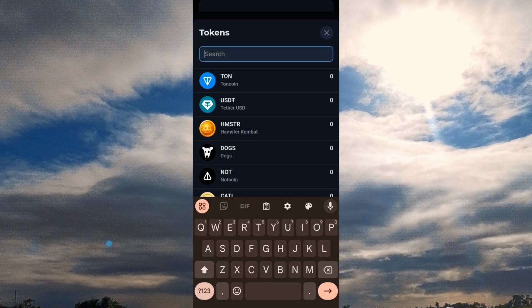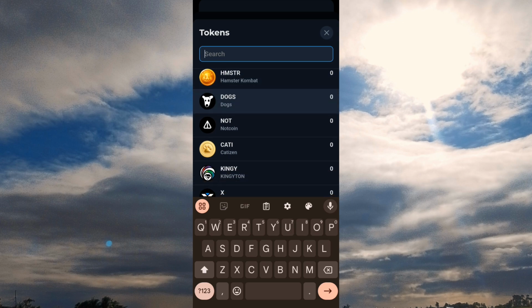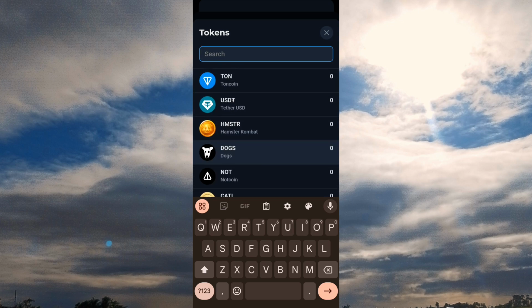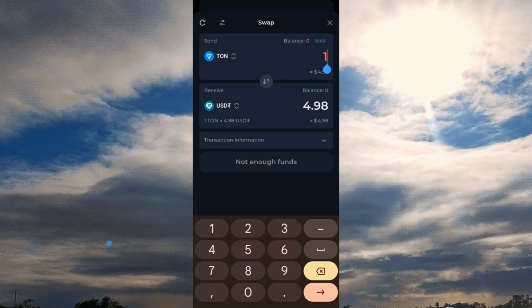Click the receive button and choose any cryptocurrency you want the TON to be received in. In this tutorial, select USDT. Then, enter any amount in TON you want it to be converted. Obviously, you need funds in your Tonkeeper wallet to be able to do any swap, so this guide is just